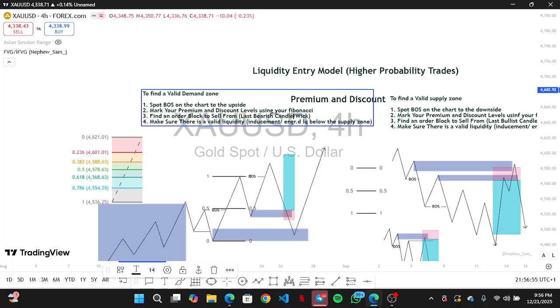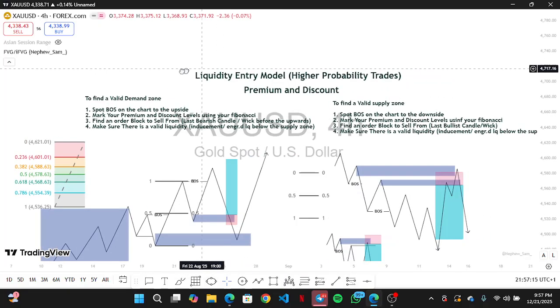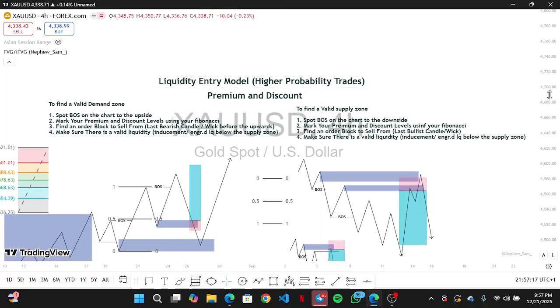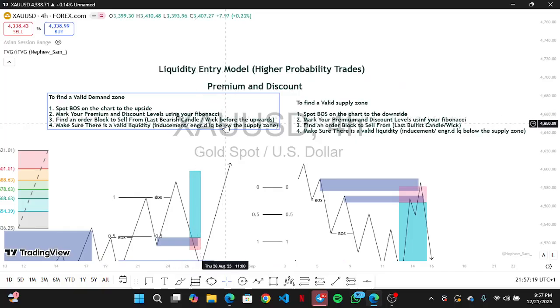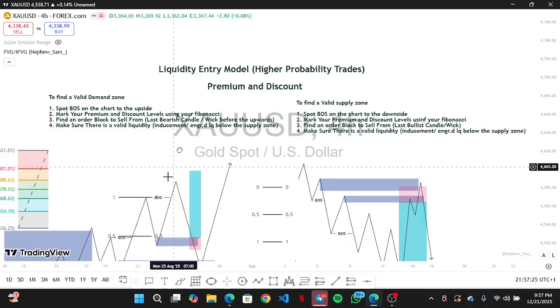The last bearish candle or wick before the upwards move. I'll show you guys all the examples now and how I've used all of this to make crazy money over the months. So before the upwards rally, you get